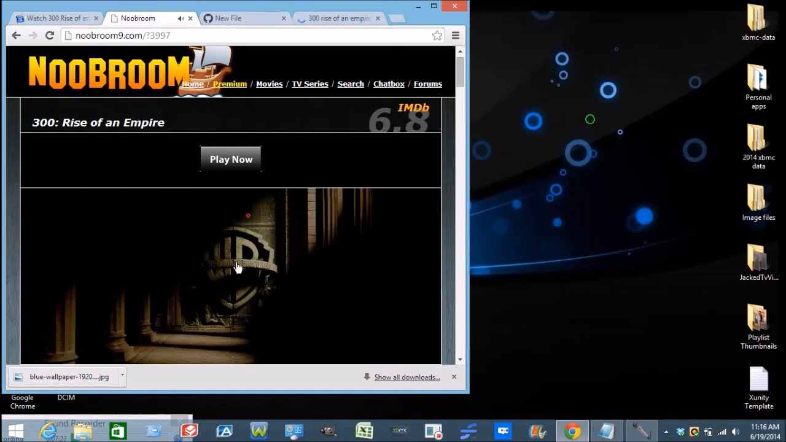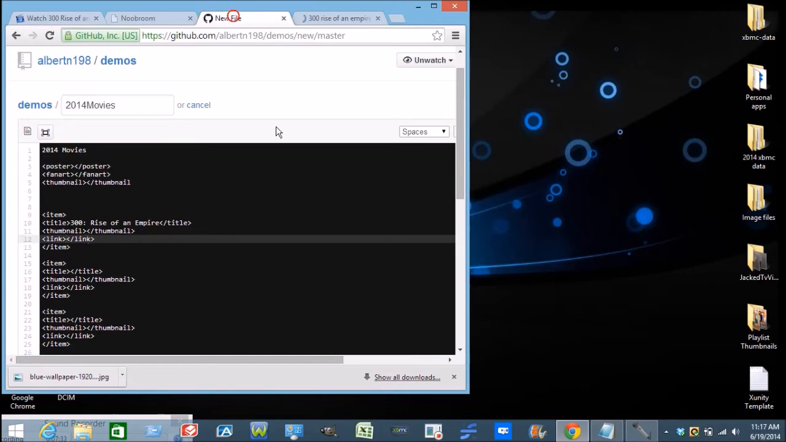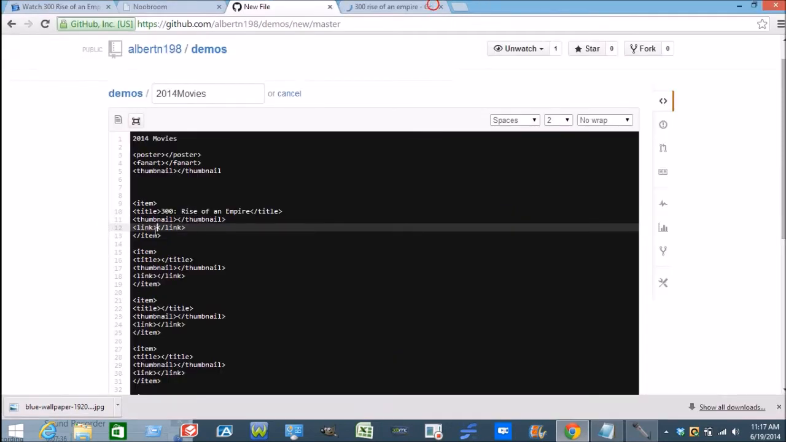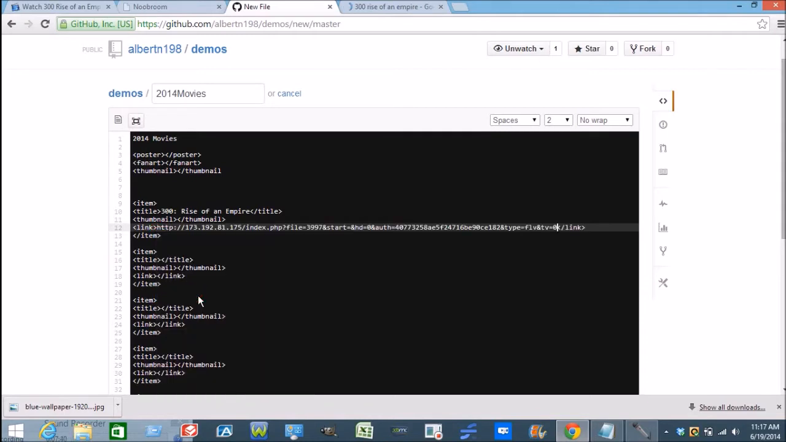Go back to your GitHub, restore, and go ahead and paste it on there. So, you're gonna do that with every other link as well. But that was through New Broom, so I'm gonna show you guys now another way of doing it, which is